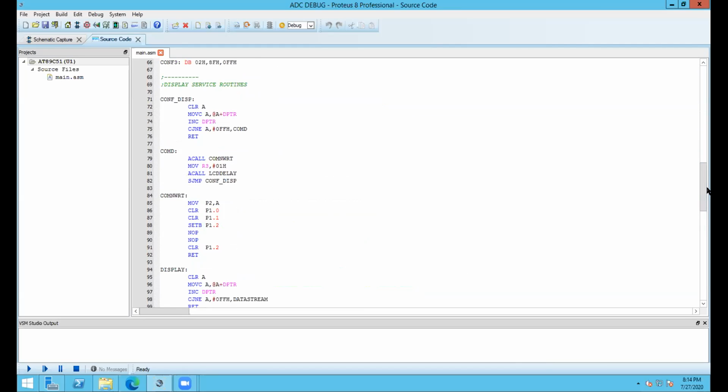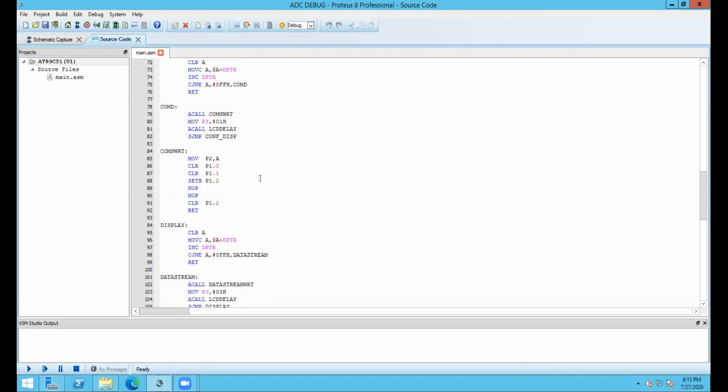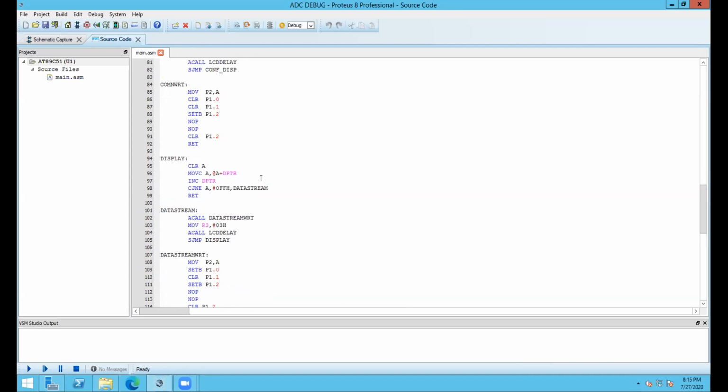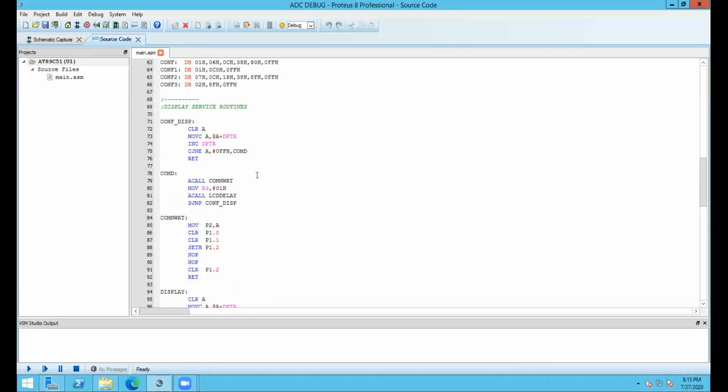If you want to learn the LCD configuration thing, you have to go through Google. You have to search for 16x2 LCD, and there is a huge number of operations available over the internet, and you can learn from there. But for the sake of this particular circuit, I am going to teach you a little bit of configuration and display things for this LCD. This is the part of the program where we are configuring and putting something to display through the LCD.